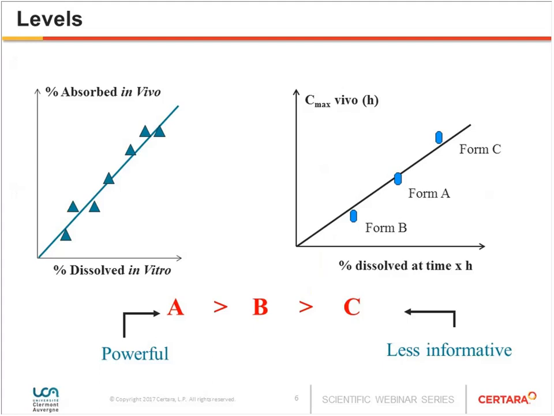For IVIVC we have three levels. For Level A, we have a link between any observed in vitro dissolution and any observed in vivo absorption curve. That means, and you can see it in the left panel of this slide, that you have a regression curve and dots around it. Each dot or each triangle in this case is going to represent one time point. One time point means that the first one is half an hour in vivo versus half an hour in vitro, the second 1 hour versus 1 hour,